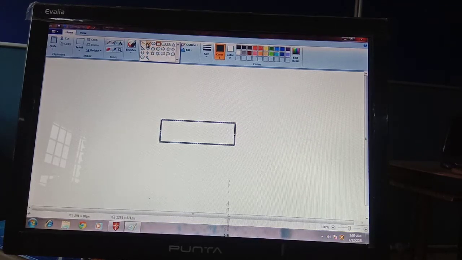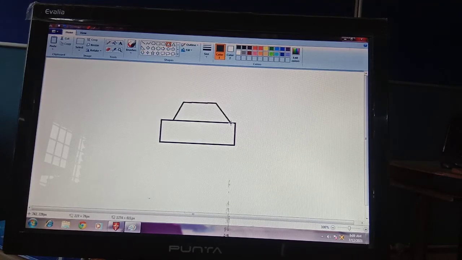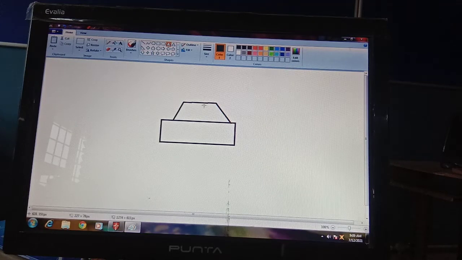I need a polygon tool now, because the polygon tool will help me to draw anything. So this is a little bit looking like a car. I'm using a yellow color for it, just like this.